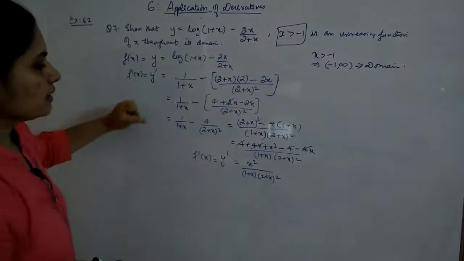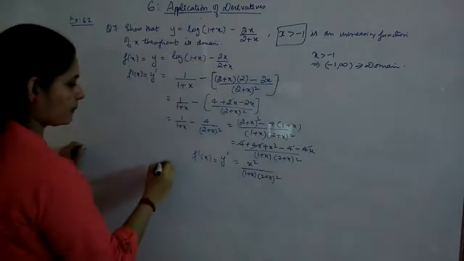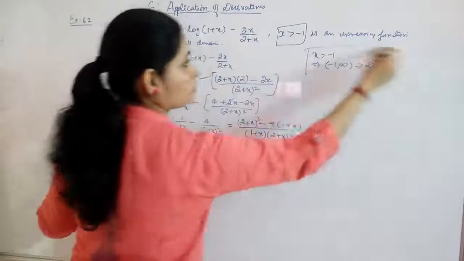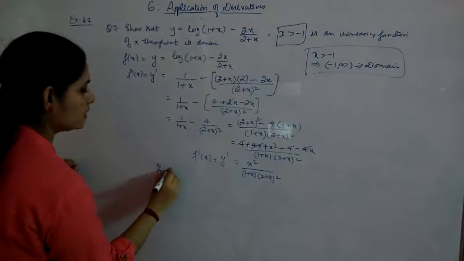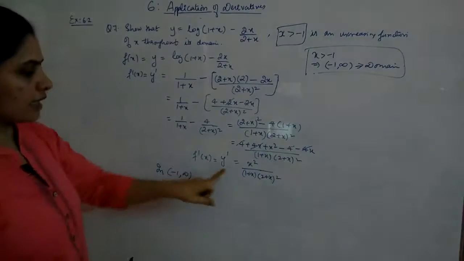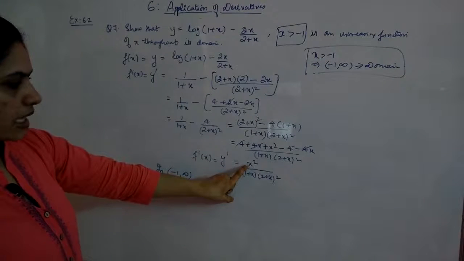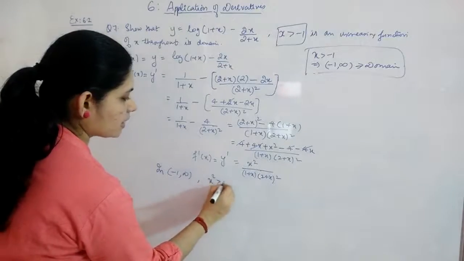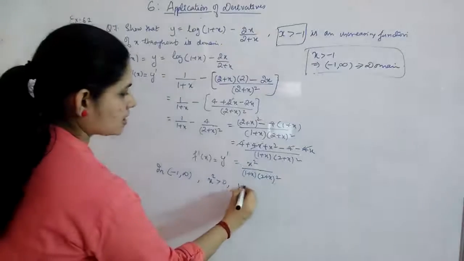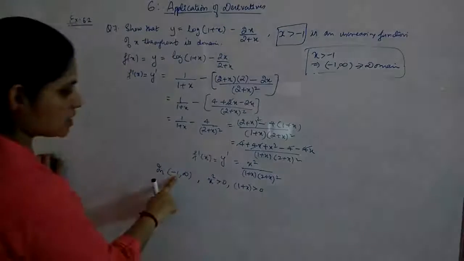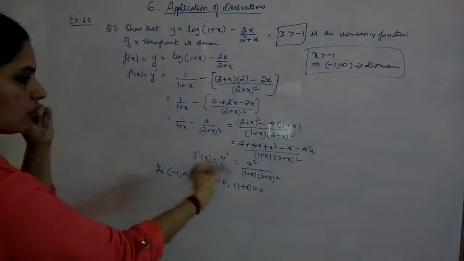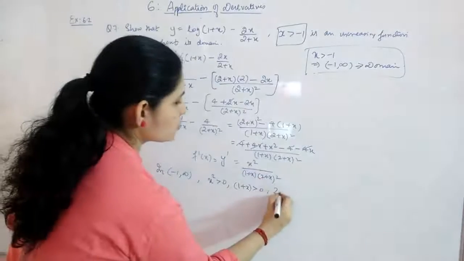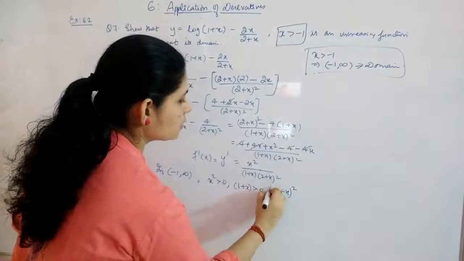Now what we need to check? We have to check for the interval minus 1 to infinity. So here you don't have any points. In the interval minus 1 to infinity, you can check for any value. Any number, the whole square will give you positive. So you can say that in this interval, x square will be greater than 0, correct? 1 plus x will be again greater than 0, since it is not having any minus 1 value. Any value you take will give you only a positive quantity. And 2 plus x the whole square is also giving you a positive value.